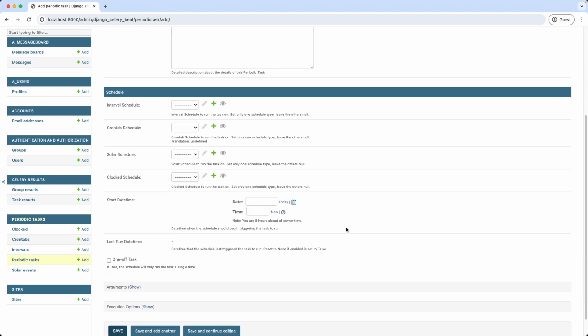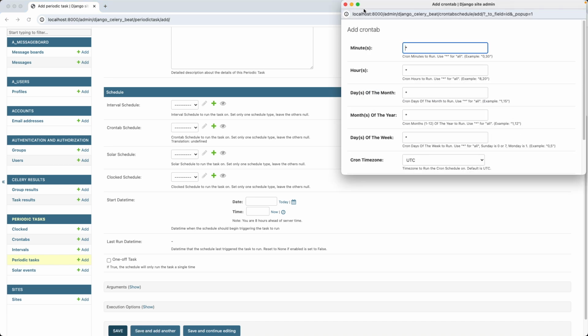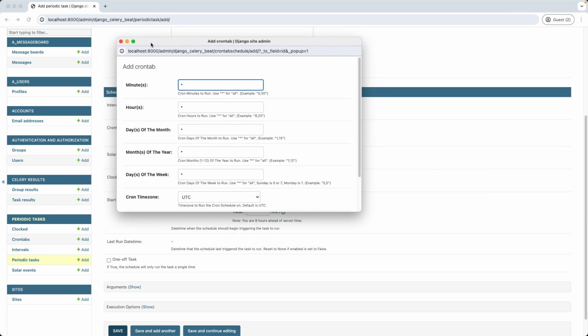Then here we have the different schedule options. We can create those schedules straight in this interface as well. We are interested in a crontab schedule. So I'm clicking here this green plus symbol. And to send this newsletter, for example, on the 1st of each month at 9 o'clock in the morning, we will change this to minutes 0, hours 9, on which day, on the 1st of each month,